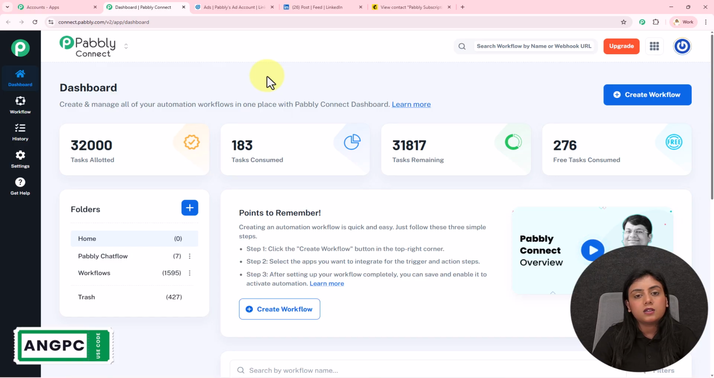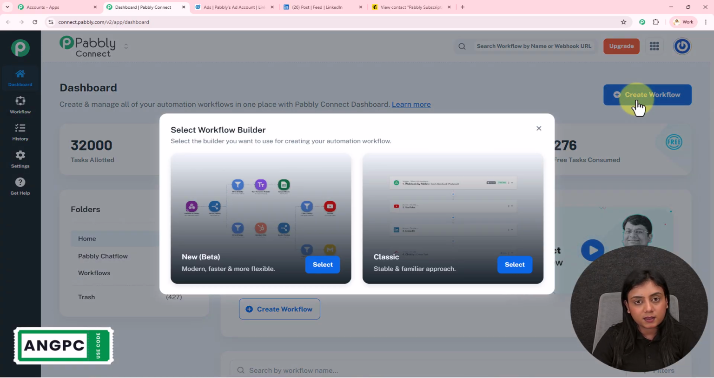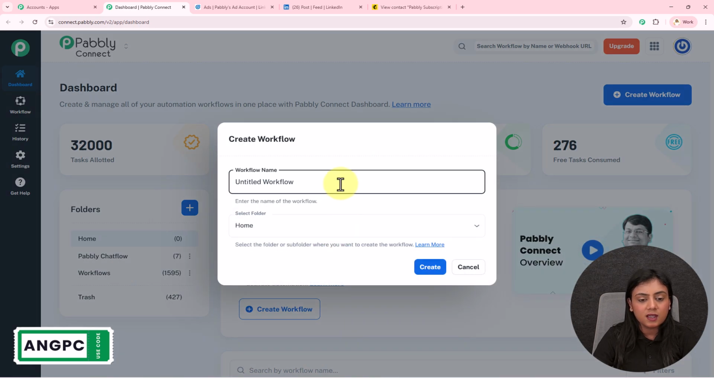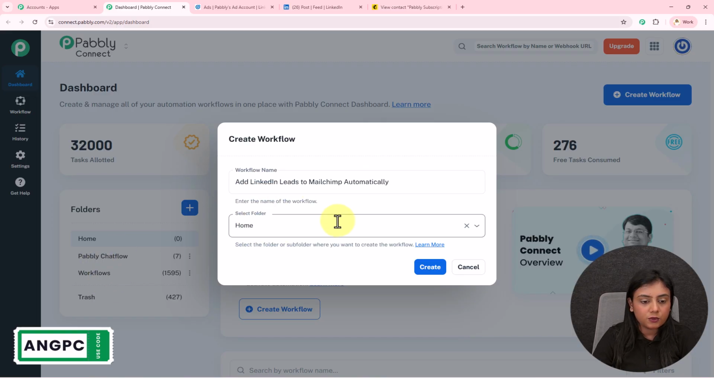Now to create a new automation, click on this create workflow button. I want my workflow to be created with the new beta method version. I will select this version, and for the name of my workflow, I will give it as add LinkedIn leads to Mailchimp automatically. These are the folders from which I'll select the workflows folder and click on this create button,